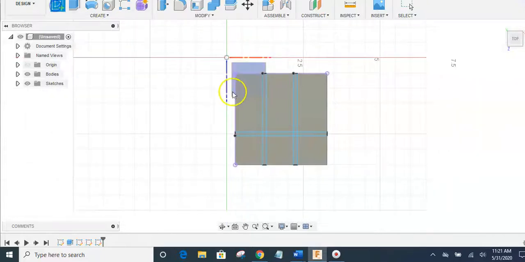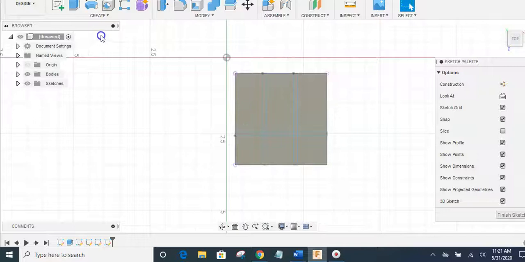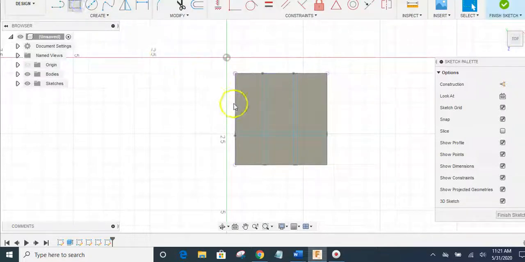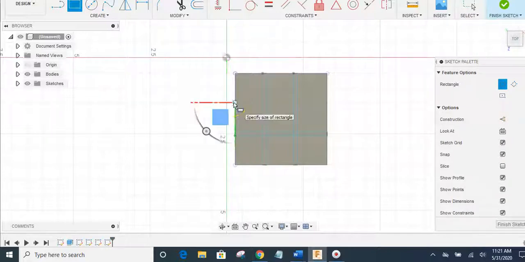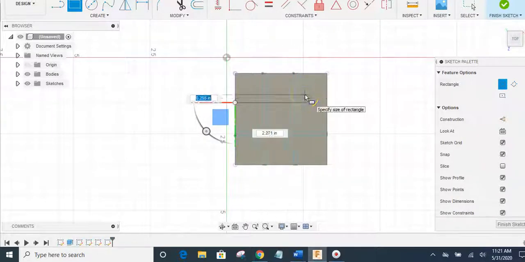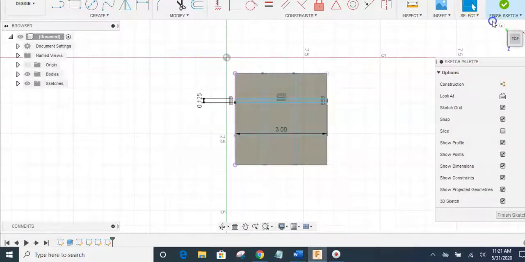Okay, now come back to my sketch menu, select the plane, select the rectangle. Okay, find that X to indicate that I'm on the same edge there. Type in 0.125, tab, 3, enter. Okay, and finish sketch. All right. Now I have my crisscrossing grid drawn out with my rectangle,